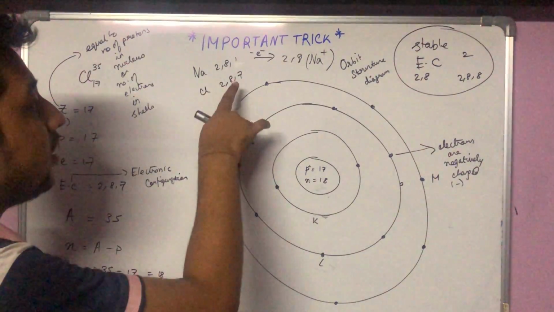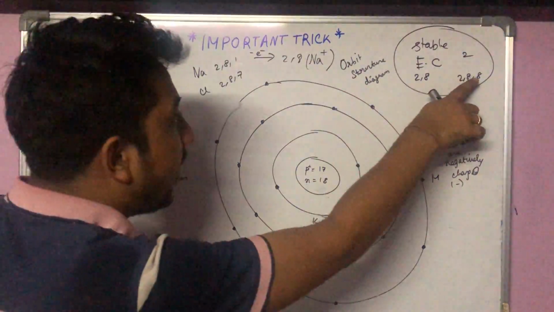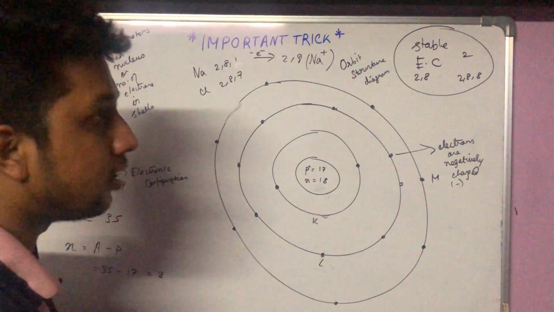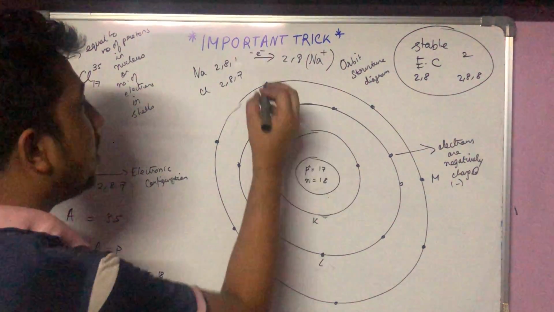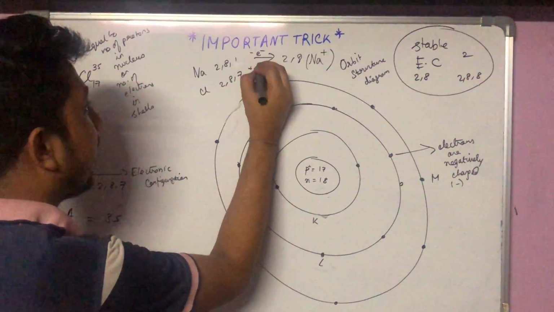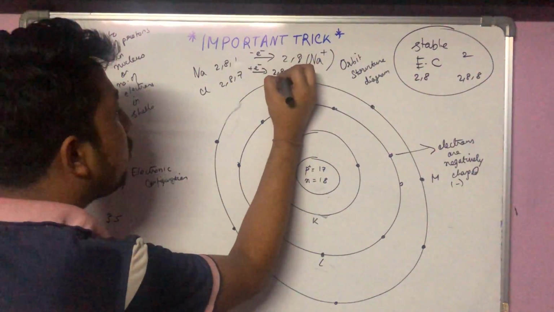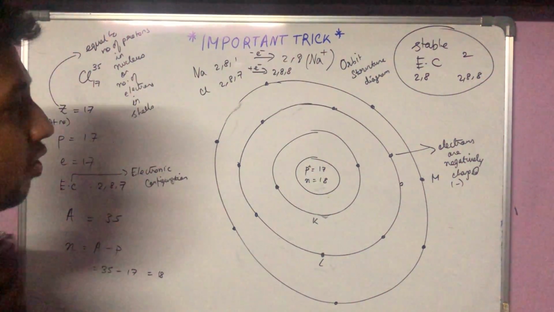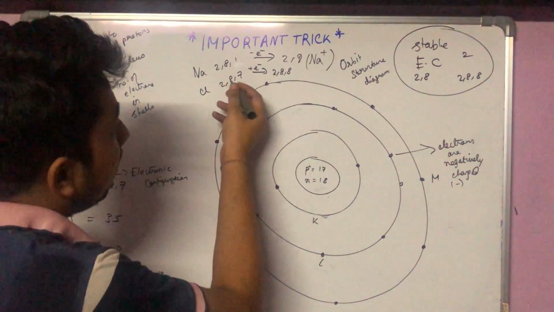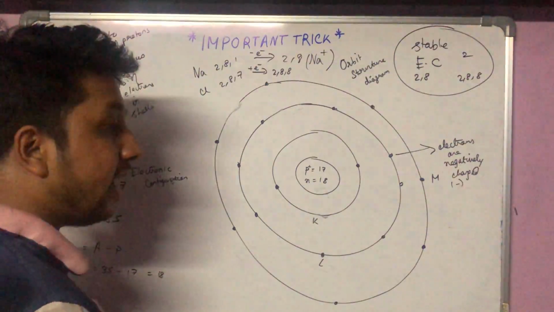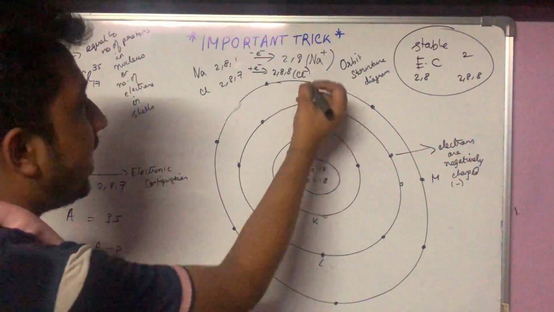Chlorine on the other hand, if it wants to go into stable state, it can either gain 1 electron and go into 2,8,8 or lose 7 electrons and go into 2,8. So it is much easier to gain 1 electron as compared to losing 7 electrons. So chlorine will gain 1 electron. That means chlorine is gaining 1 electron and it will become 2,8,8. Electron का E के ऊपर ये जो minus लिखते हैं, that is because electron is a negatively charged particle. So chlorine becomes 2,8,8, and when any atom gains 1 electron, it becomes negatively charged. So this will become Cl-.